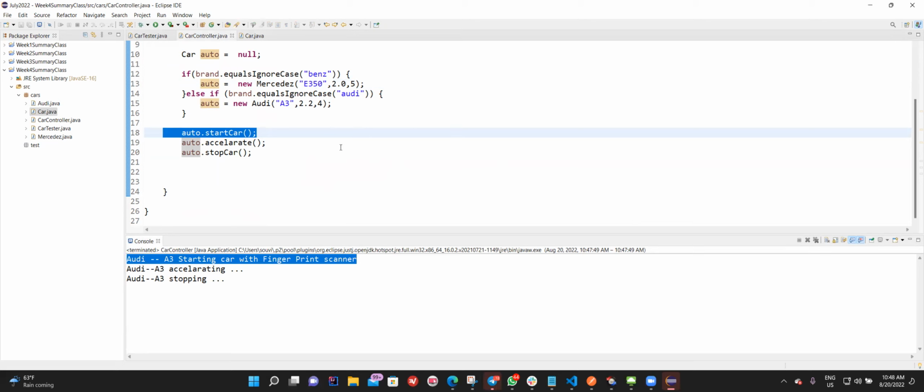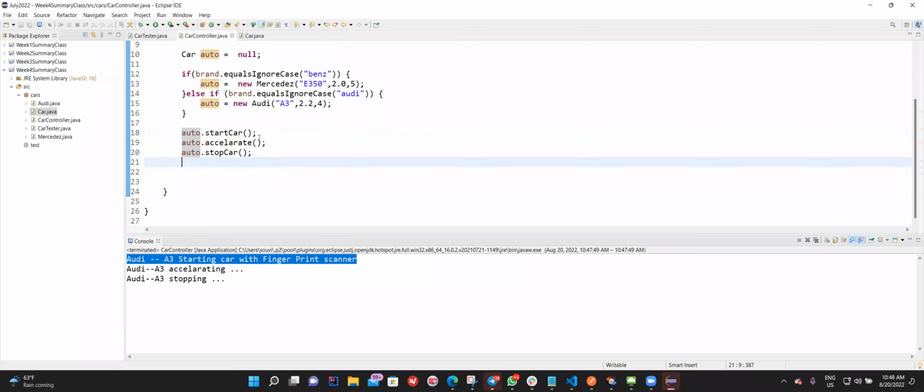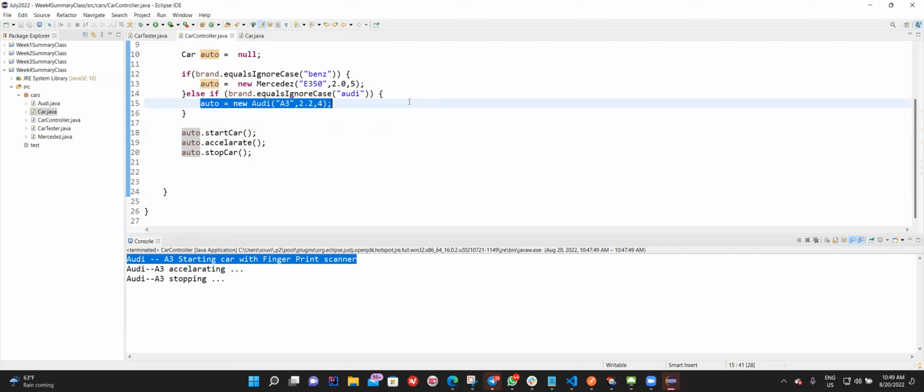But in this case, Audi is not calling until and unless I'm executing the program. By looking at this program, you can very well see that basically the car is calling start car, not Audi. That part happened here. And this was able to happen. This happened because